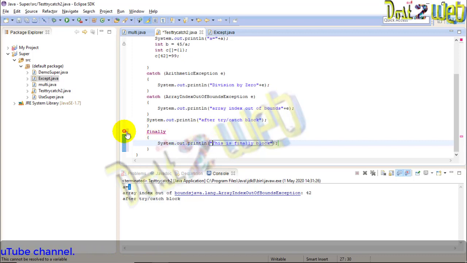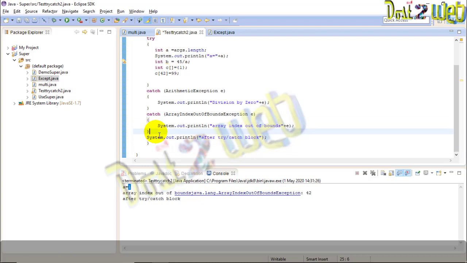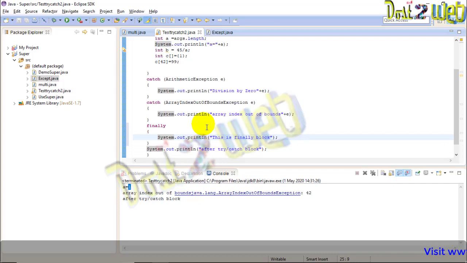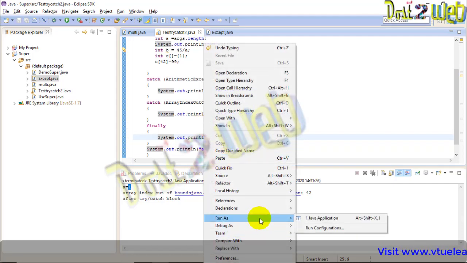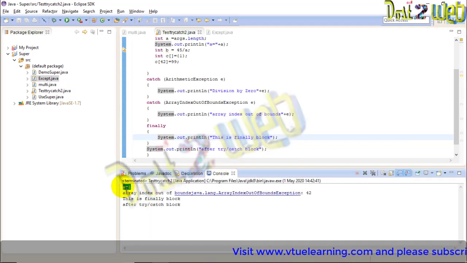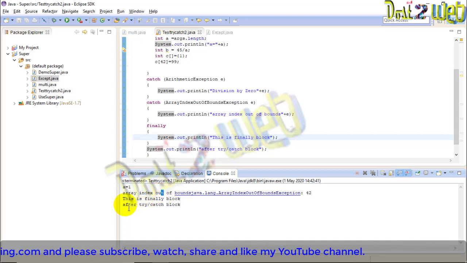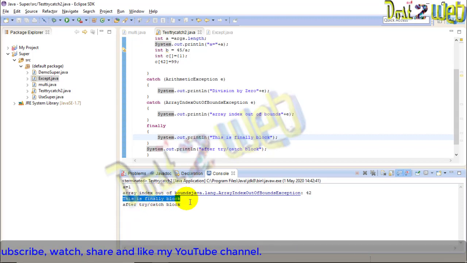So why are we getting the error? Finally, okay, sorry guys, so I have used this before that. Sorry. Okay, so I have to use it here. Okay, so save it. Now run the program. You can see here array is equal to 1. Then you are getting this error. See, you are getting this is finally block.